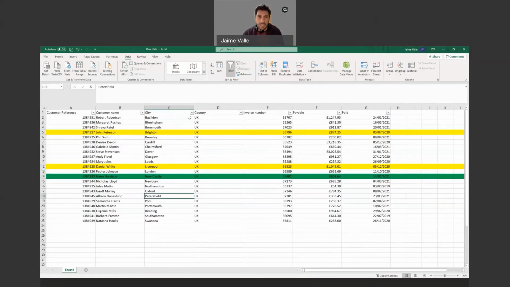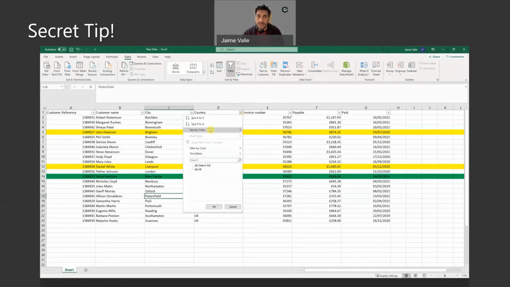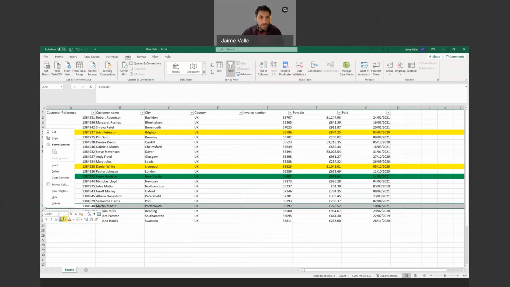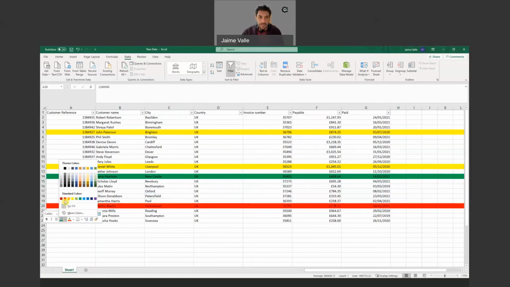There's something really cool. In any of those columns, it doesn't matter which, I can click and sort by color. How cool is that? So you don't need to write the word paid in some column somewhere to distinguish them or filter them later. You just need a color. You don't need to do anything. And as you can see, my only two options are the two colors it's detecting I'm using. What happens if I put something else? If I put another color somewhere, is it going to offer me that third option or not? What do you think?